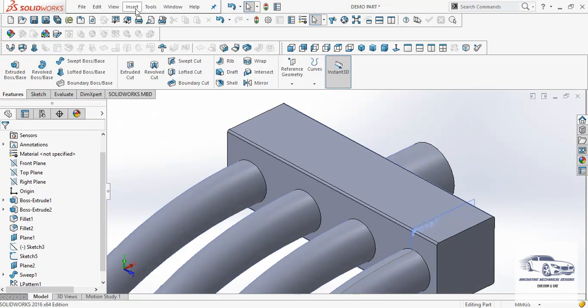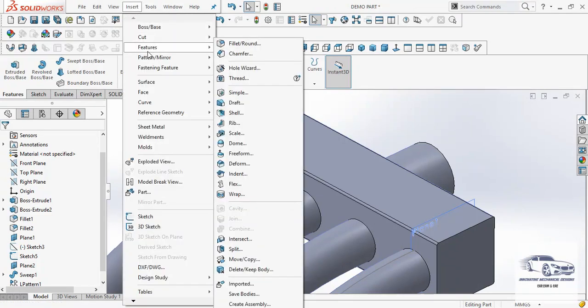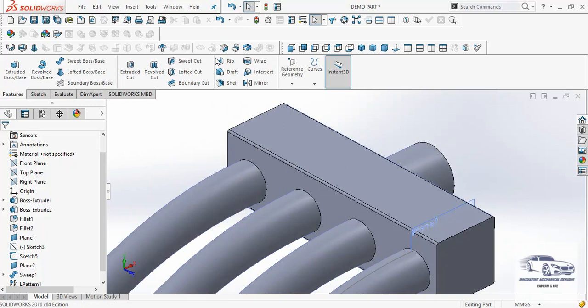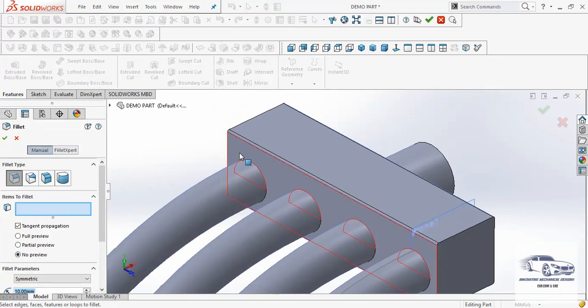When we go to the fillet tool and try to select this edge, we can see that this edge is not getting selected completely but in two different halves. In such cases we may get an error due to discontinuity of the edges.